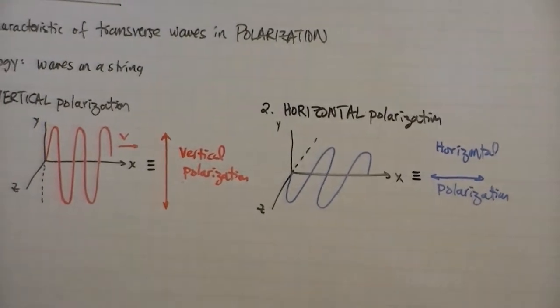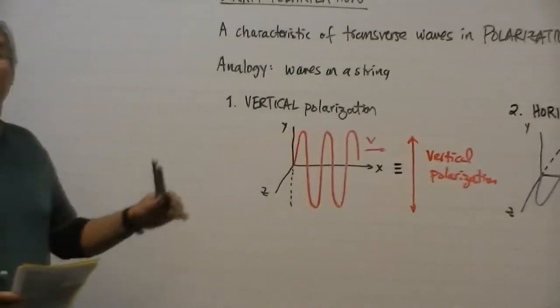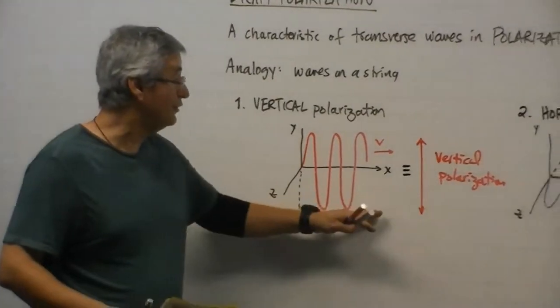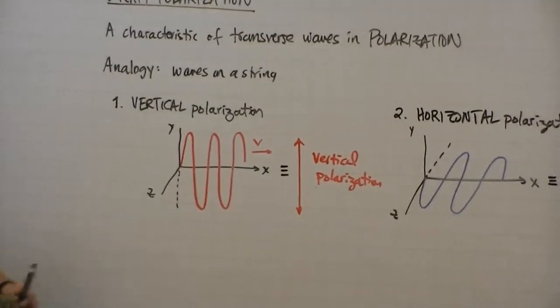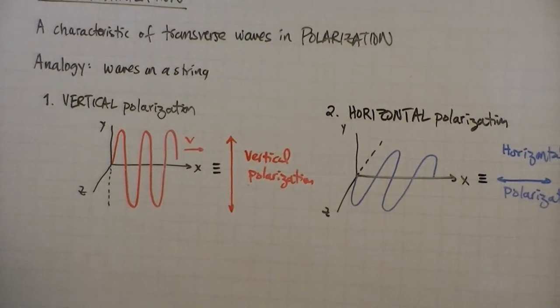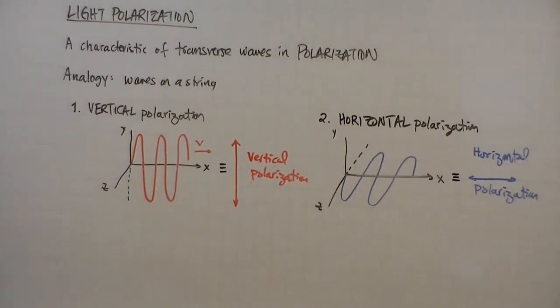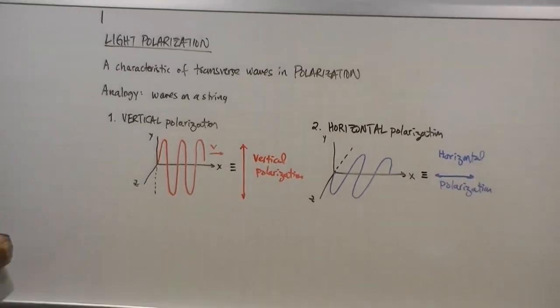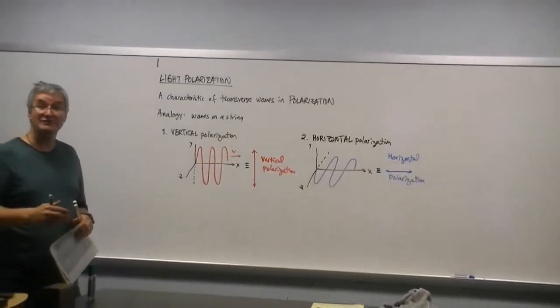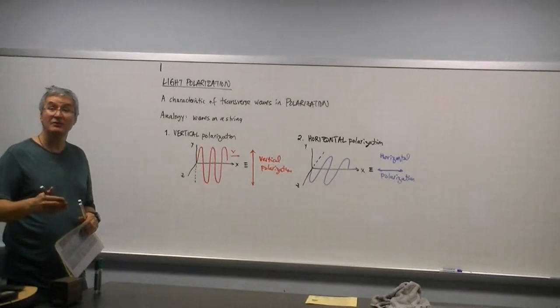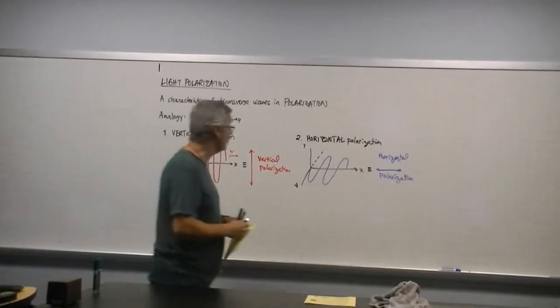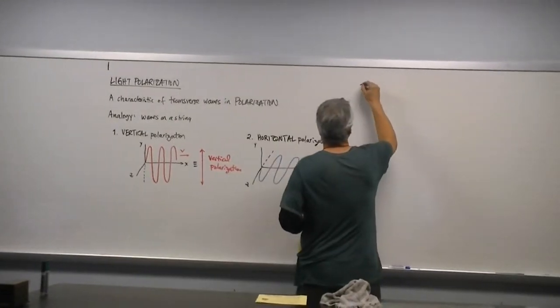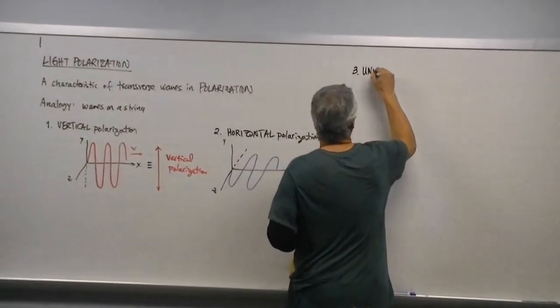The third kind here is that I could have a mix of vertical and horizontal. And if you have a mix of vertical and horizontal, that's what we typically call unpolarized light when we're talking about light. But if we're talking about waves on a string, it's typically called circular polarization. And I'll show you an image of this thing in a moment here. So if I have unpolarized light,